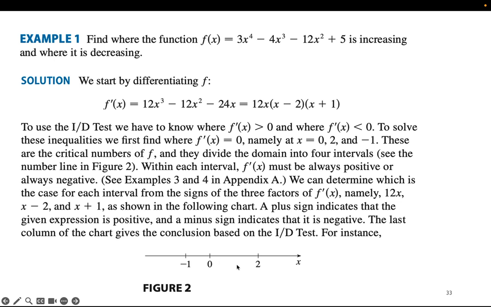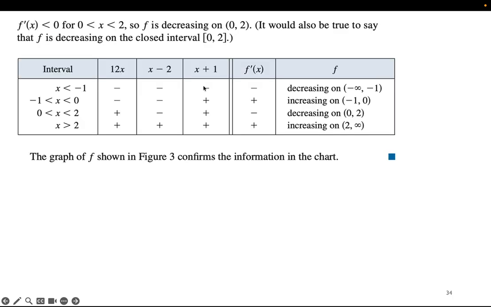So again, I figure out when f prime is 0. You find all the critical numbers, and you pick one point in each of these intervals and see what happens to f prime. Whatever the value is at that one point will tell you what the value of f prime is in the whole interval. And so if we do that, we get the following. You plug in some points between them and you get,